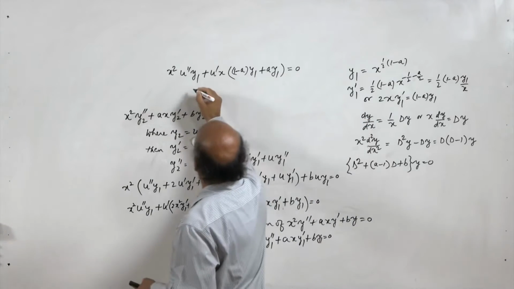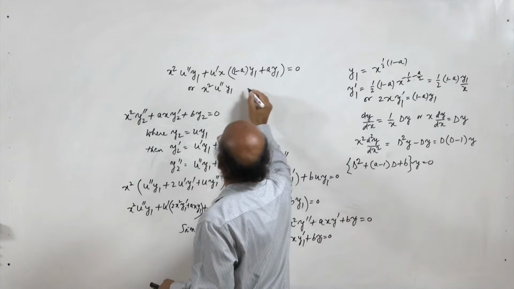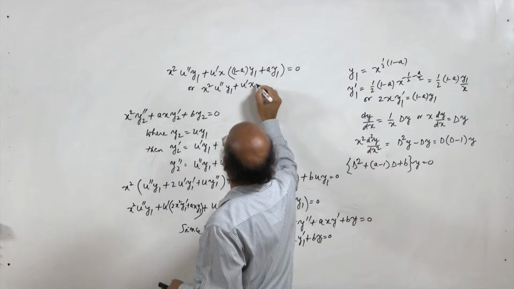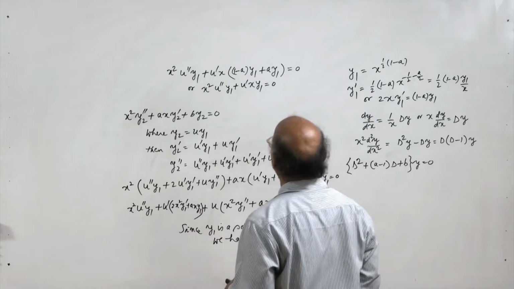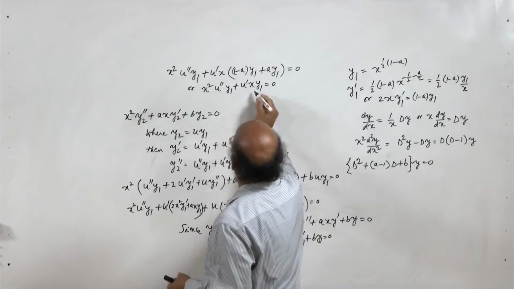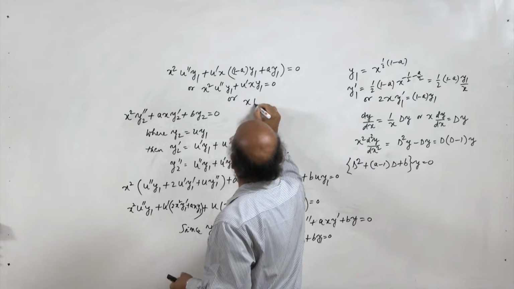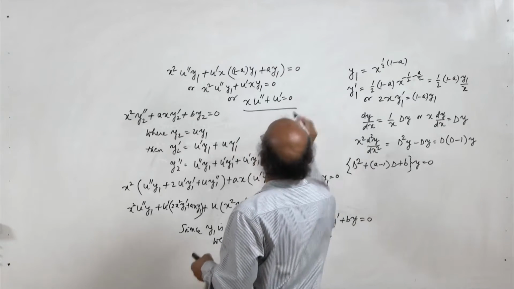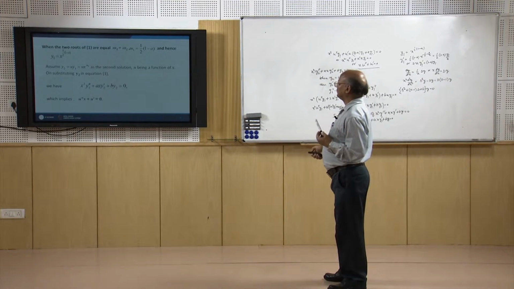So, we will get x square u double dash by 1, and then this a by 1 will cancel, we will get u dash x by 1 equal to 0, or we can say now by 1 is x to the power half 1 minus a. Let us remove this by 1 and x. So we will get x u double dash plus u dash equal to 0. So, we get x u double dash plus u dash equal to 0.